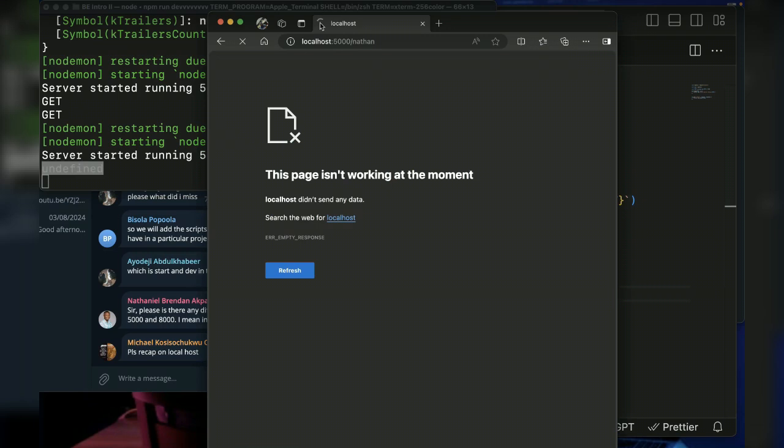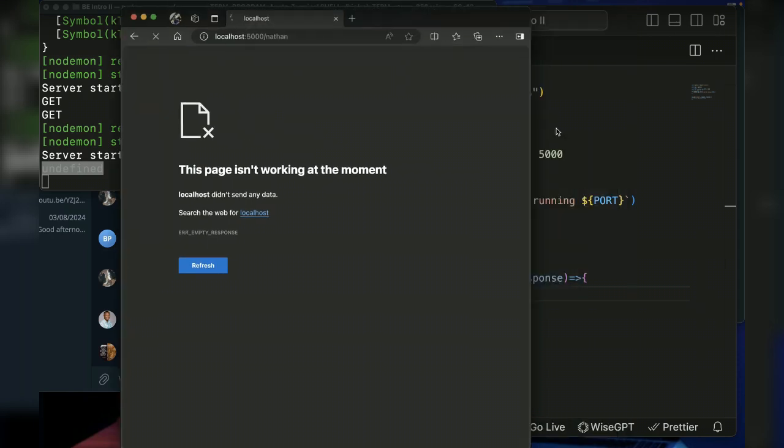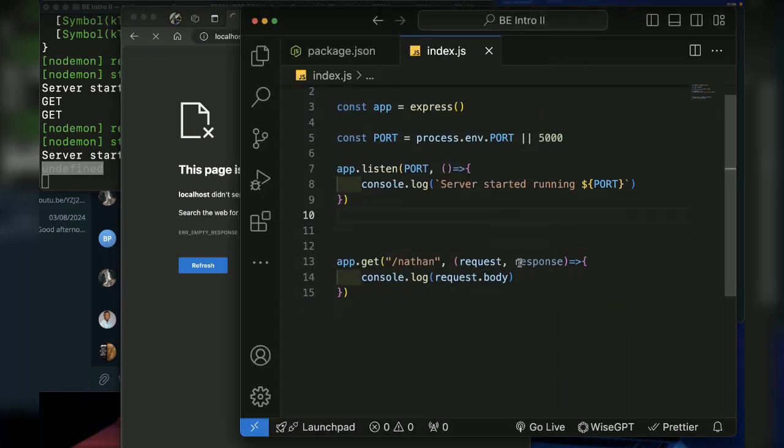So this is rotating because it's not returning a response. Whenever you are not returning a response back, know that the server or the request will keep hanging because you are not returning a response. So for any request, you should return a response. You must return a response. Otherwise, that request will keep hanging. So how do you return a response? You just come here and say